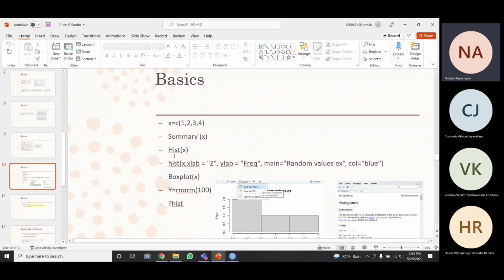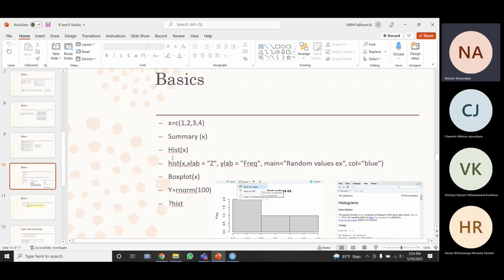So hist means a histogram, and there is also box plot. These are very important functions that we can use to visualize our analysis, right?